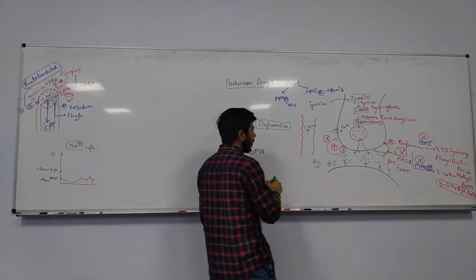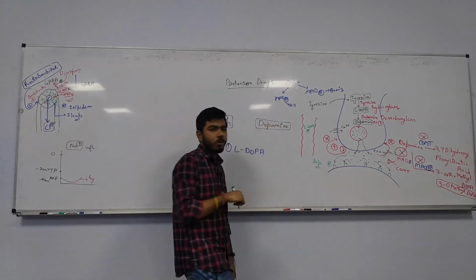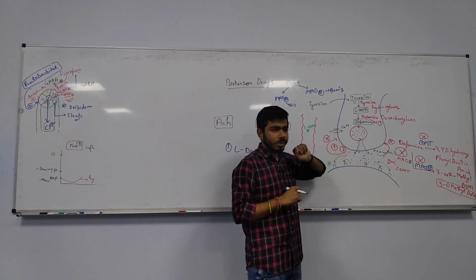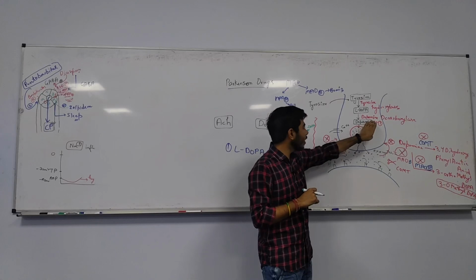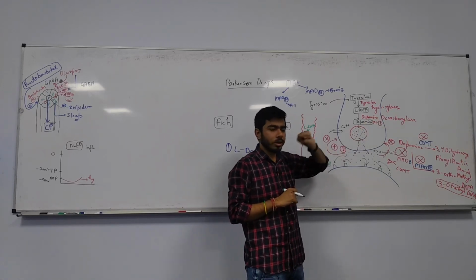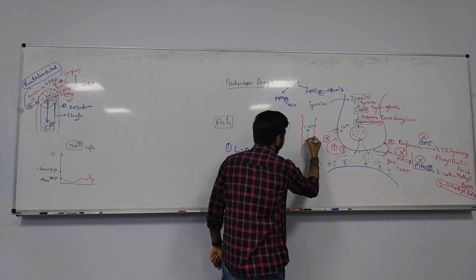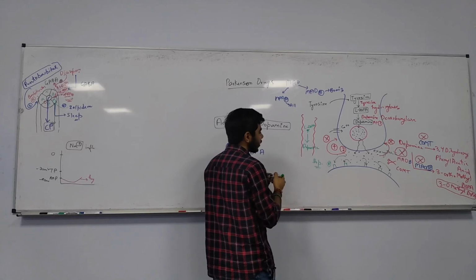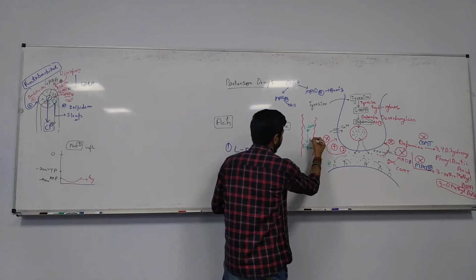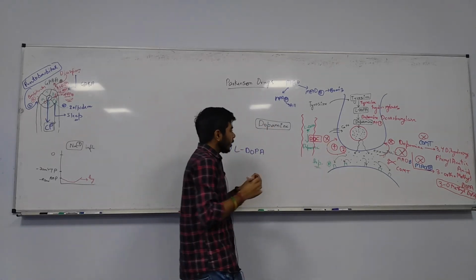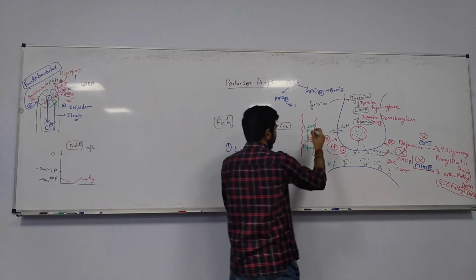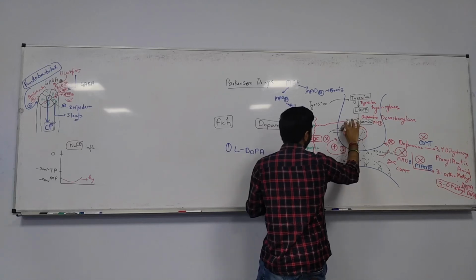Now levodopa also has a problem. What problem? Levodopa can be converted into dopamine inside the CNS, in the presynaptic neuron, with the help of dopamine decarboxylase. In the periphery also it can convert into dopamine by the help of the enzyme dopamine decarboxylase, DDC. If you are giving levodopa, it can penetrate the blood-brain barrier and go inside, where it will replace dopamine,